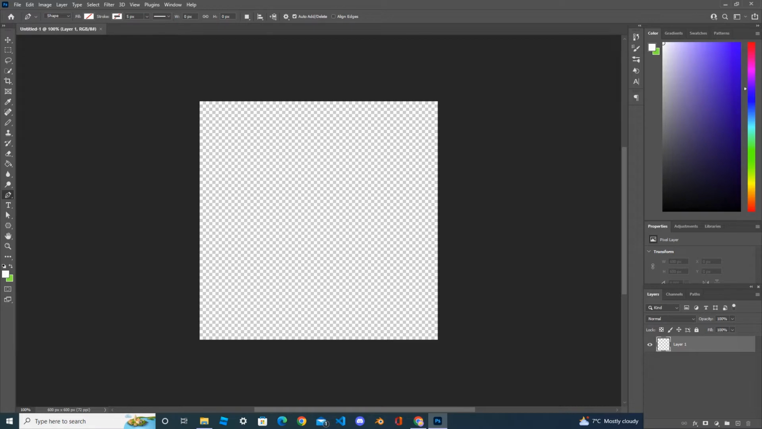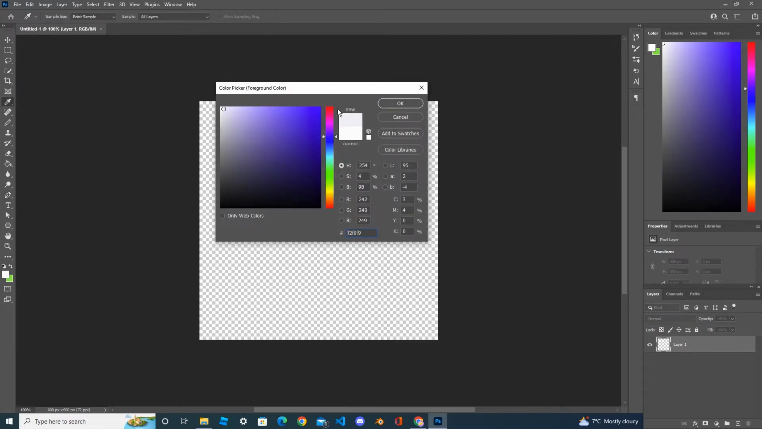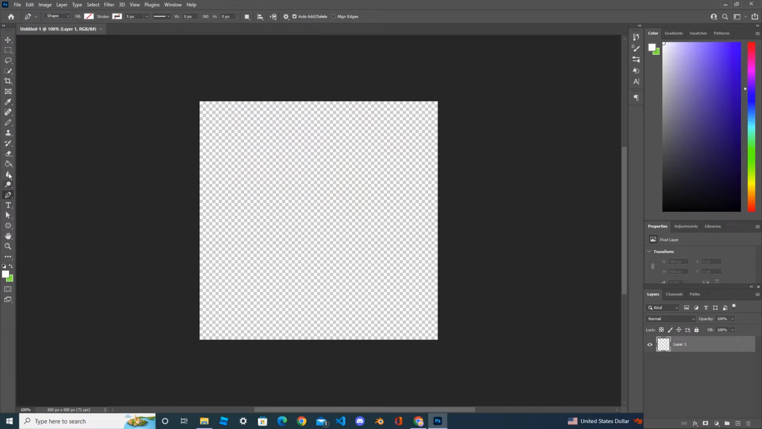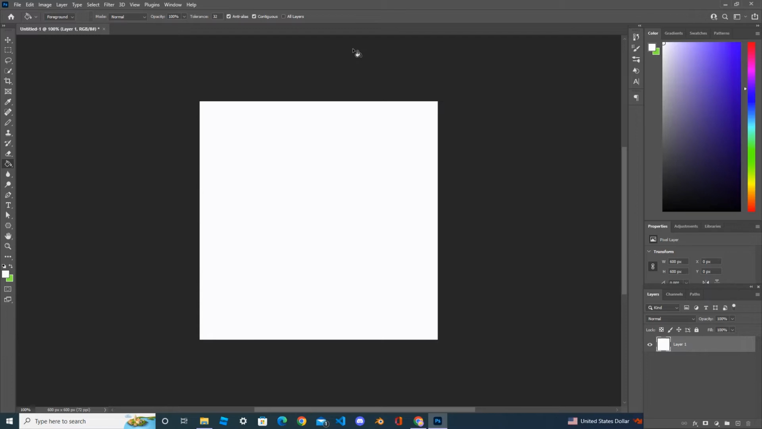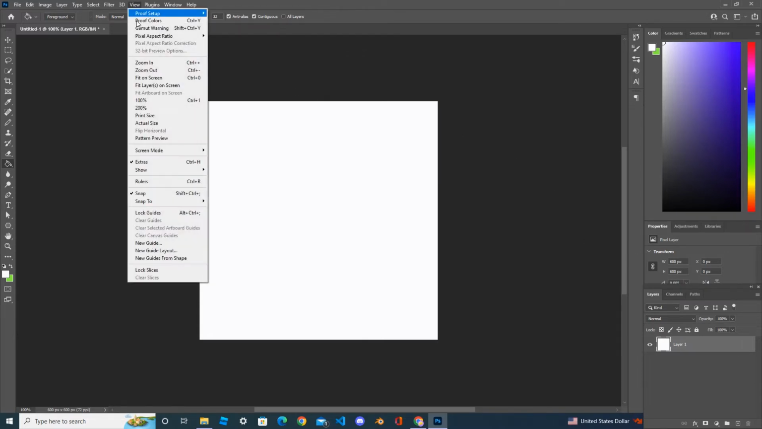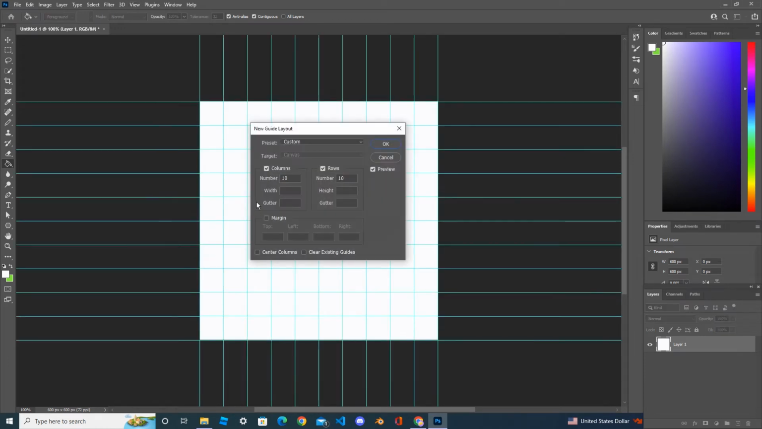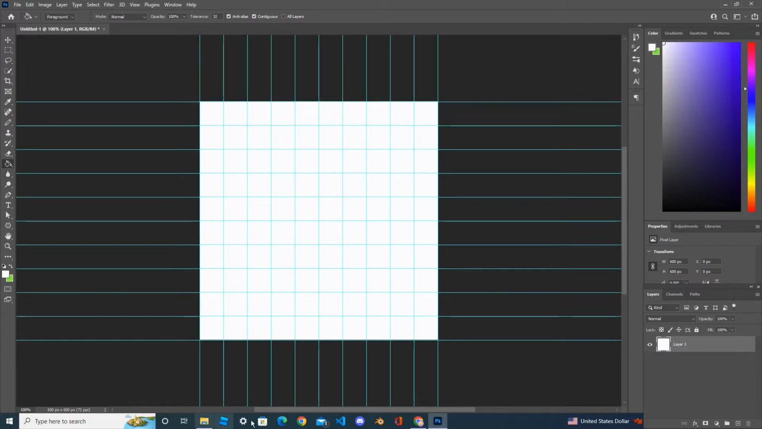Now fill the document with the white background. Select the white background, and by using the paint bucket tool you can paint the document with white background. So now I have the white background document. Now go to view and create a new guide layout and put the rows and columns number 10 and 10. Press OK. Now you will have the guide,